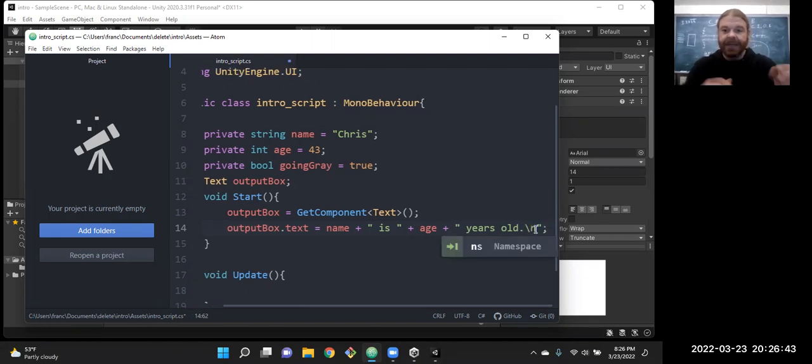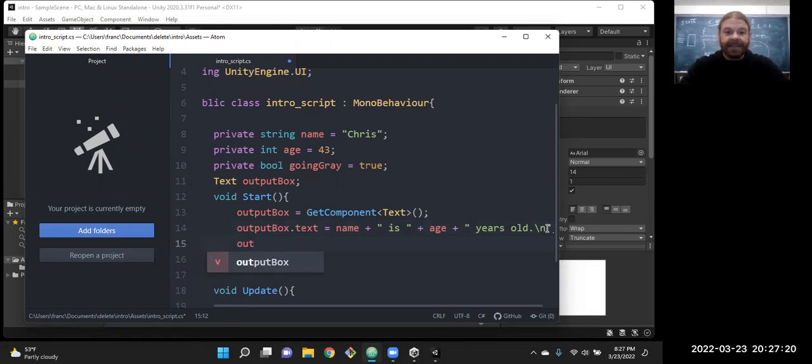So I'll add the line feed. I think everybody's seen that before, right? \n for a line feed, \n\r or \r for a carriage return. In the old days of typewriters, line feed would just turn the thing to go to the next line. A carriage return would go to the next line and go to the beginning of the line. It's often not an issue with computers because there's nothing on the next line, so when we go to the next line, it automatically goes to the beginning. It's not always the case, but we have the carriage return and line feeds. I'm just going to do a line feed for our class stuff here.